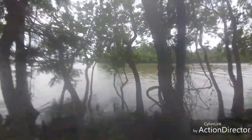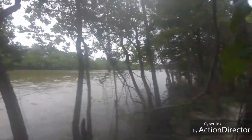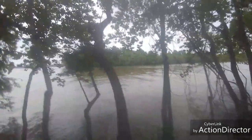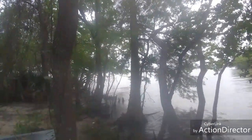So I'm going to go. My destination is off this way. This is Lake Houston. These are channels that go through islands. And this is a rough terrain. Perfectly allowed to be here. But you can be careful. You really need to be careful. A lot of snakes, a lot of venomous snakes. A lot of copperheads, a lot of cottonmouths. There's coral snakes. Haven't seen any on the islands, but